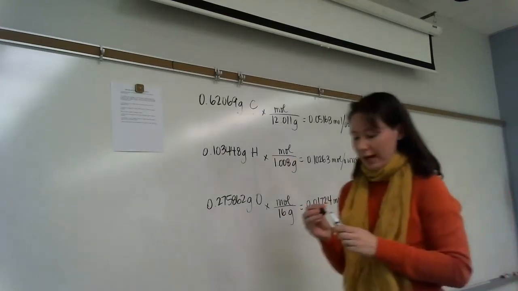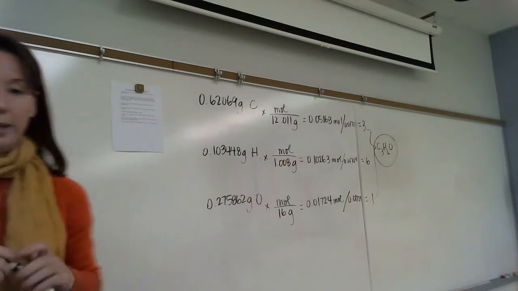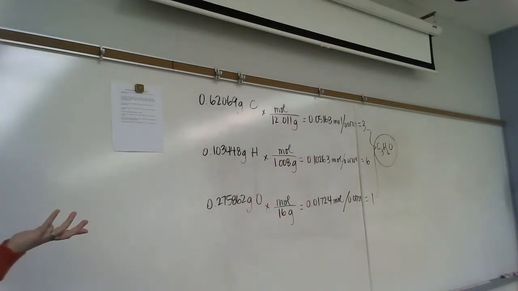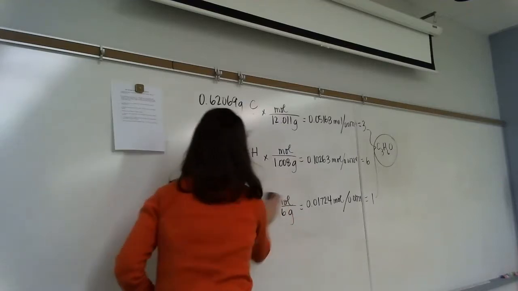Does everybody understand how we did number 2? Slightly different because I didn't give you percentages, right? I didn't say it was 90% this and 10% that. I just gave you the masses straight up. So anytime you're given masses to begin with, you just take those numbers and run. You don't need to convert percents to masses because it's already given to you as masses. Does number 2 make sense? Everybody good on number 2? All right, let's go through